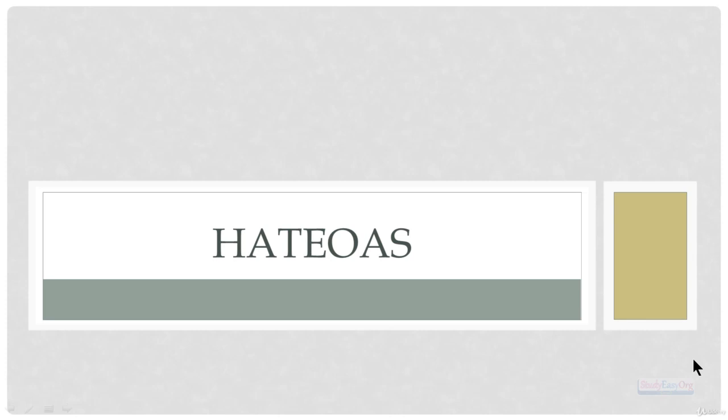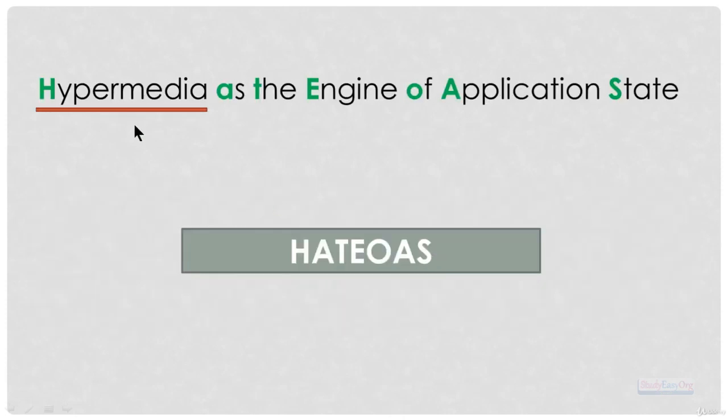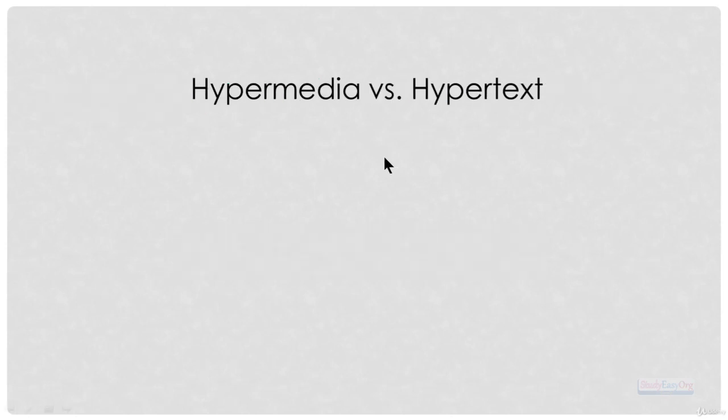In this video we will talk about HATEOAS. Now friends, this particular acronym is an abbreviation for Hypermedia as the Engine of Application State. Definitely the acronym is not very sweet. When we check the abbreviation, the most important word is hypermedia. What exactly is hypermedia and where is this term derived from? Let us try to understand this.